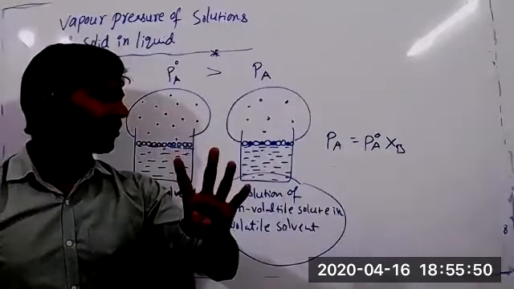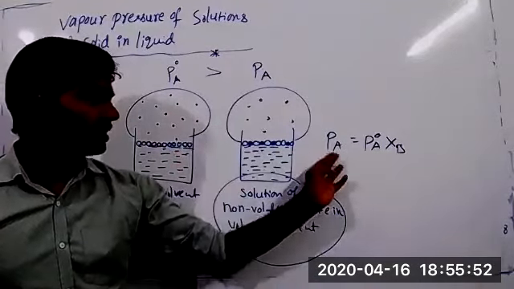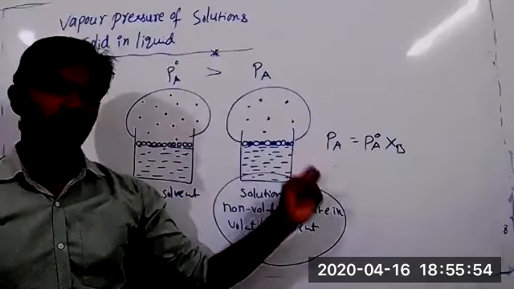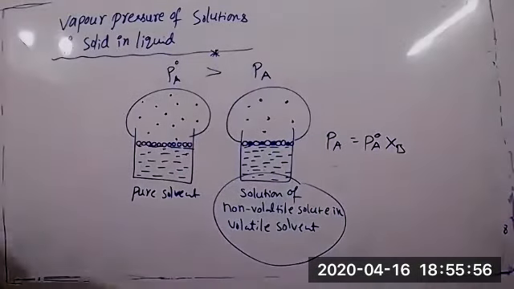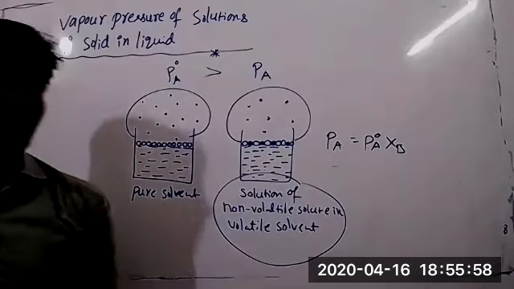Further, 4 colligative properties are there. Those all depend upon this formula, this principle only. Okay, here no need to write anything. I already gave the definition of Raoult's law, that is sufficient.